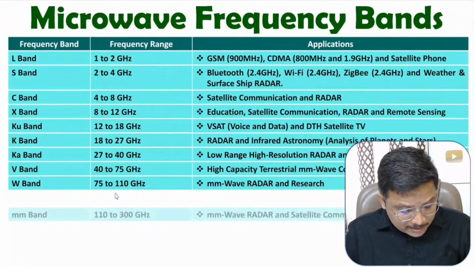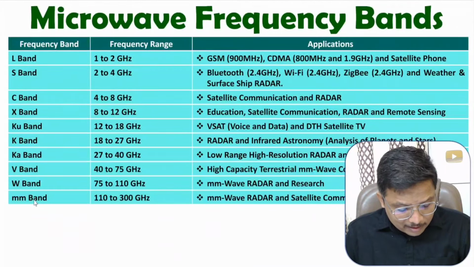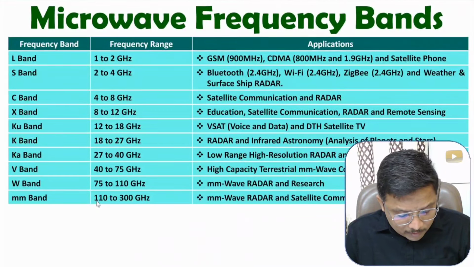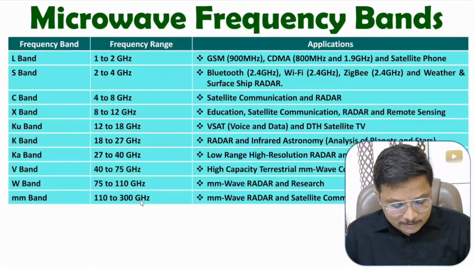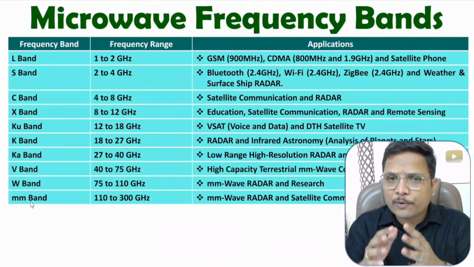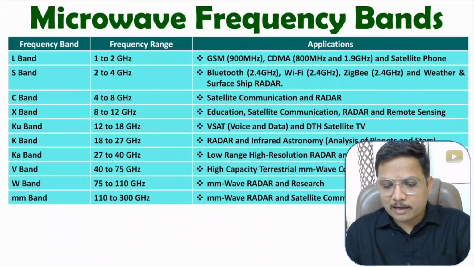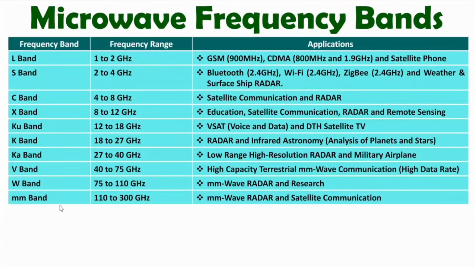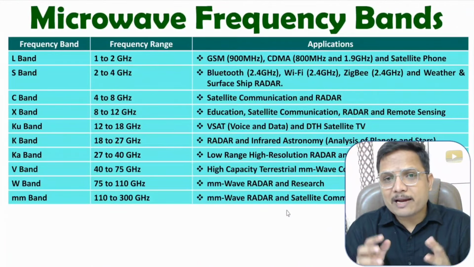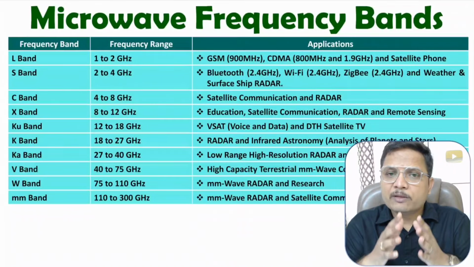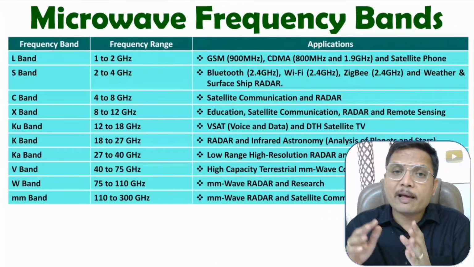And the last frequency band is millimeter band. Here frequency range is from 110 to 300 gigahertz. It is also referred to as millimeter band. The reason is here wavelength is there in terms of millimeter. And with this frequency range, we have millimeter wave radar applications as well as satellite communication applications. So that is how various frequency bands are there with microwave, and with each of these bands, different applications are